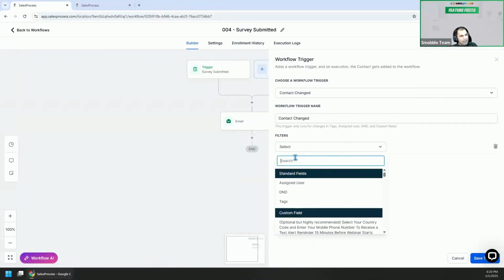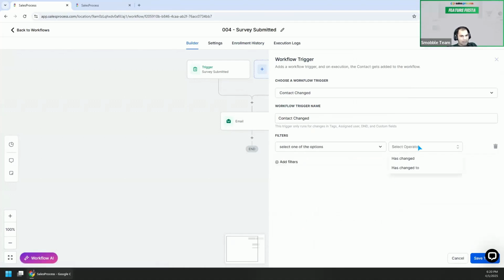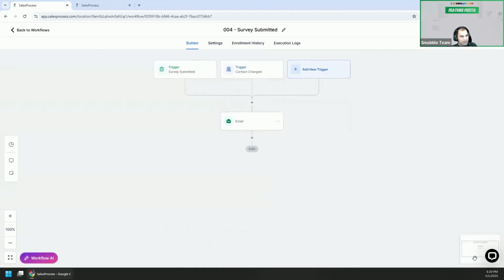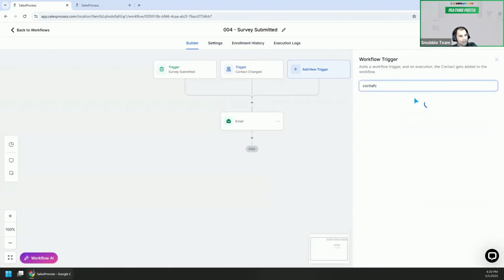I'm telling it to select one of the options, that is the custom question. If he has selected any of that question, it will start this workflow. Let's add another contact